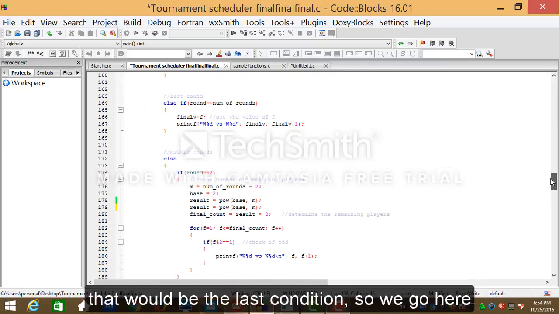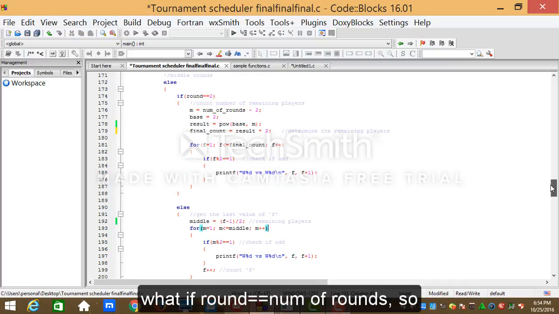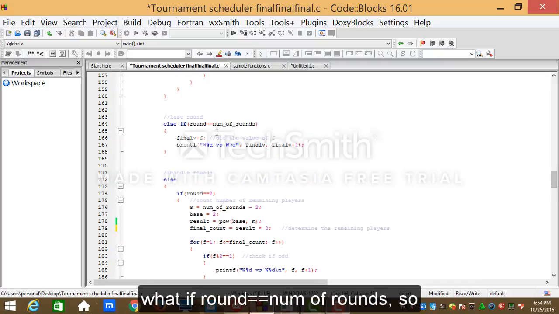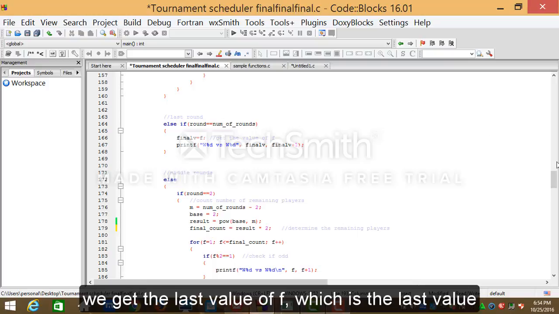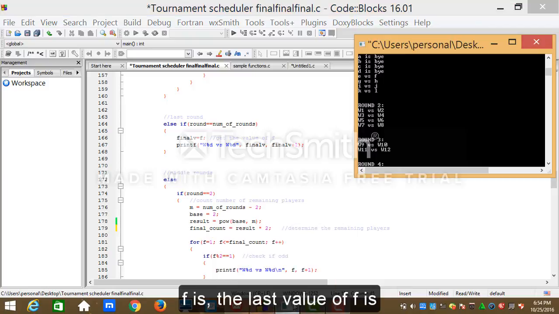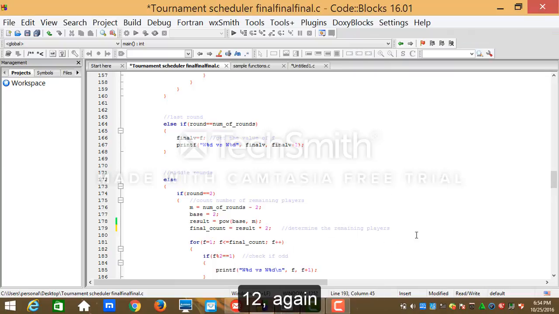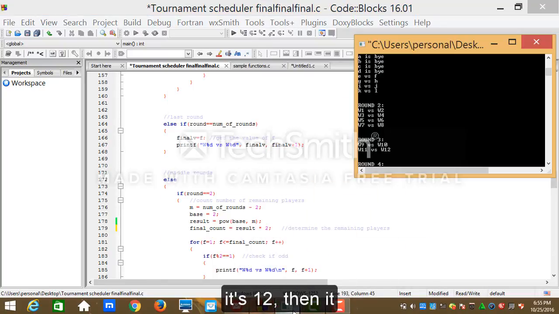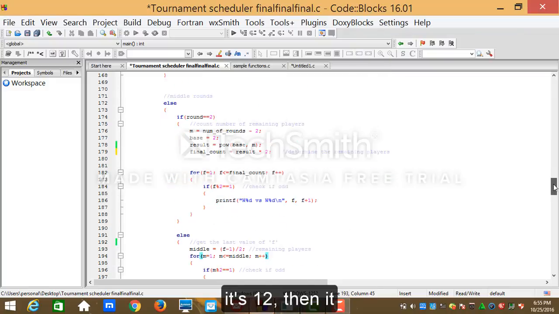So we go here. What if round is equal to number of rounds? So we get the last value of F, which is 12.